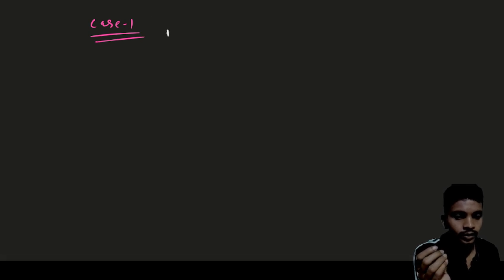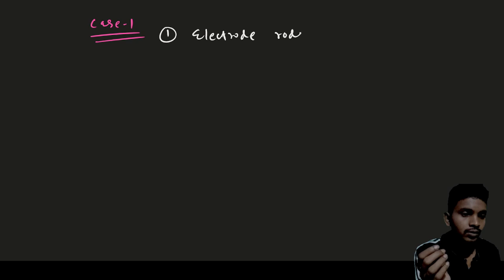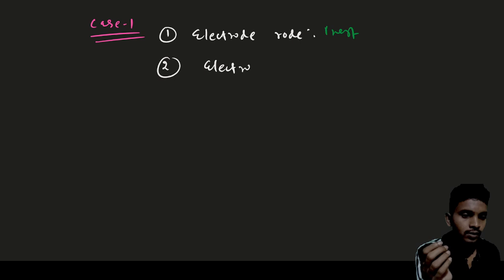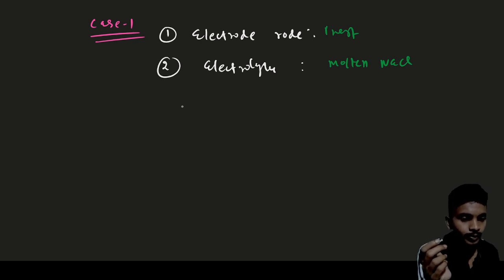So it is better to write. So case 1, we are studying that electrode rods are inert and electrolyte is molten NaCl. So what I have taken,